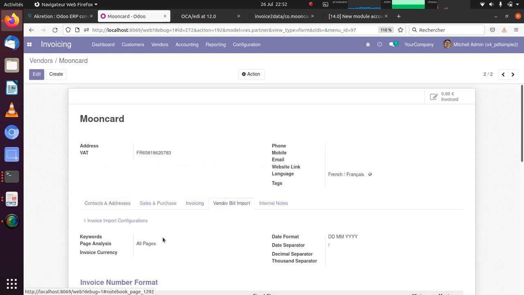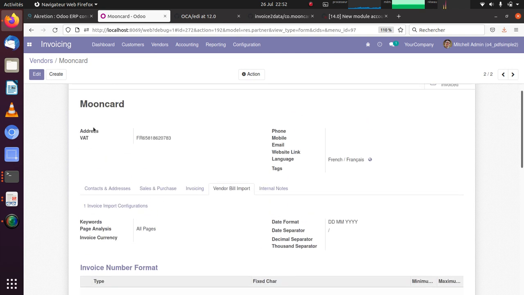So now I have one invoice import configuration. Then let's start the configuration which is specific to my new module. Remember, after the raw text extraction, the first step is to identify the partner.